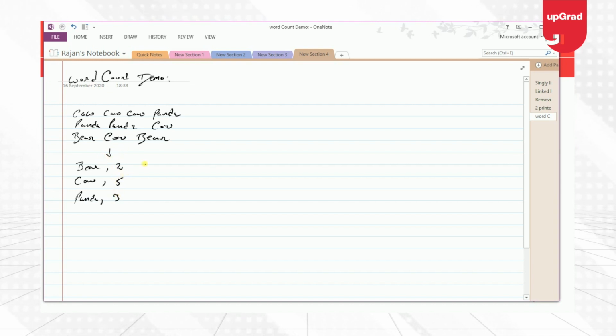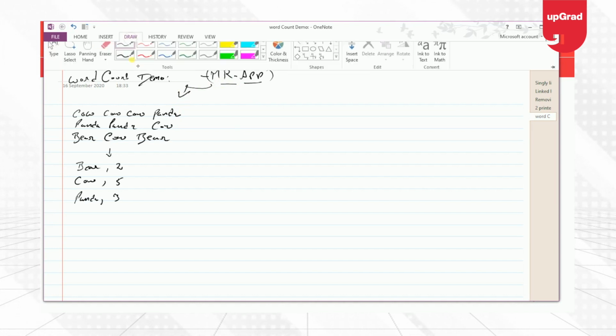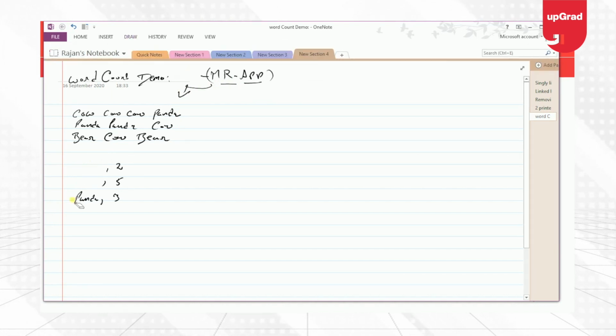Once I write a MapReduce application, and it's coded completely, how is this MapReduce application going to compute this data? That's what we're going to understand. All right. So let us start with the very first phase, and in the very first phase, this data is going to be read,